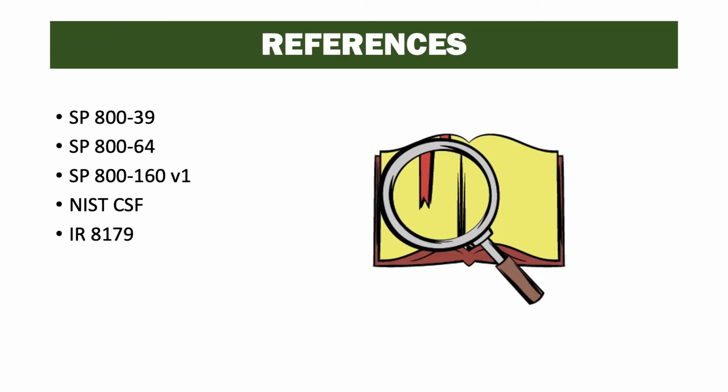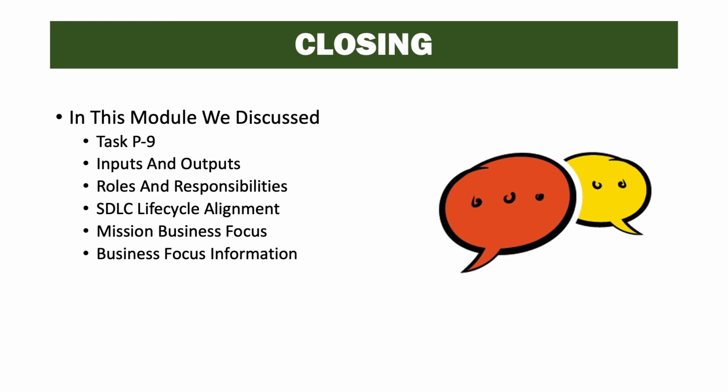References for this task are NIST Special Publications 800-39, 800-64, 800-160 Volume 1, the NIST Cybersecurity Framework, and IR 8062 and IR 8179. In closing, in this module we discussed Task P8, its inputs, outputs, roles and responsibilities, the SDLC lifecycle alignment, as well as the cybersecurity framework alignment, the mission business focus,